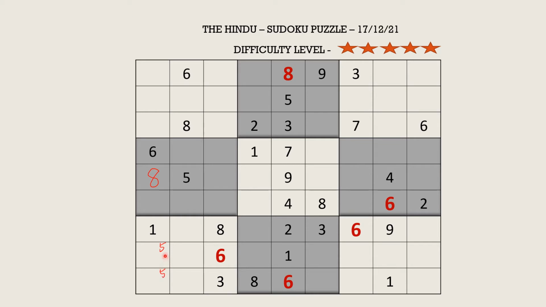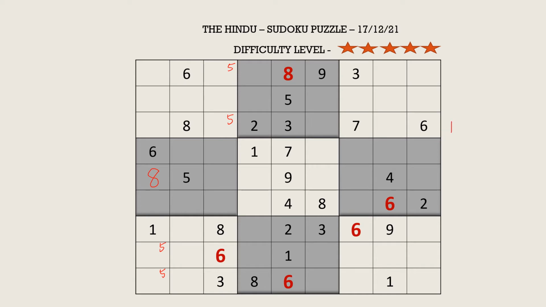So this blocks this column. This 5 blocks these cells. And here there is a 5. So these two cells take 5. Now, considering this row, there are 4 empty cells, and the missing numbers are